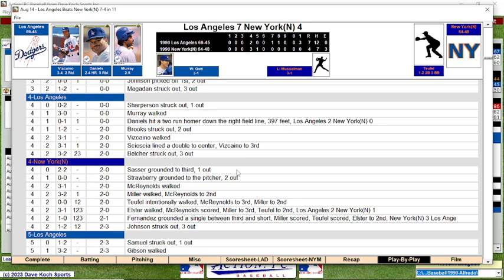But in the bottom of the 4th, the Mets come back. Sasser grounds out. Strawberry grounds out. But McReynolds walks. Miller walks. And then here comes Teufel. And I could see the 3-run home run. And I didn't want to see it, so I intentionally walked him, leaving the bases loaded for Kevin Elster.